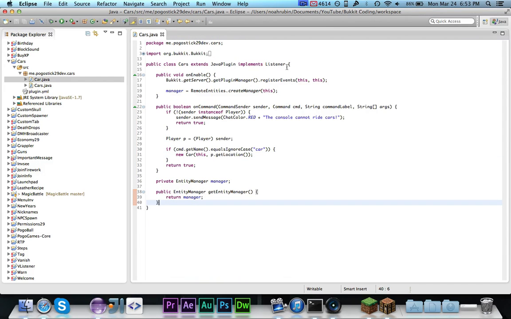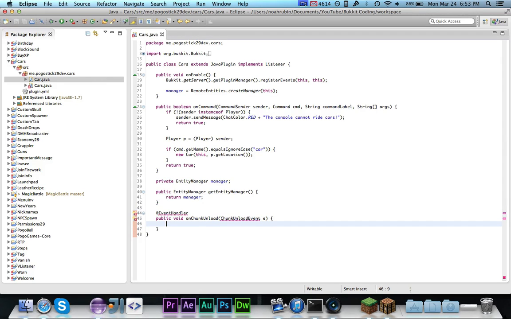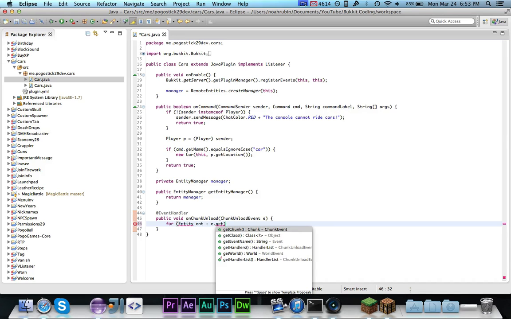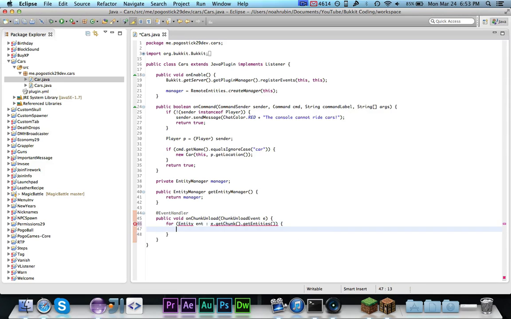So now, this implements Listener, we're already registering the events, but we need to go ahead and add two events, which we'll do right here. This is going to be @EventHandler public void onChunkUnload, and this is a ChunkUnloadEvent e. It's called whenever a chunk unloads. So then we're going to say for Entity ent : e.getChunk().getEntities(). So for every entity on the chunk that is being unloaded, then we need to say for Car c : Car.cars